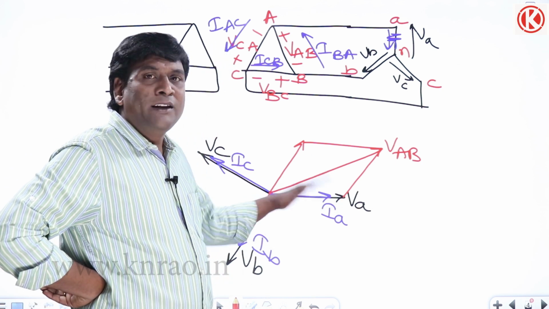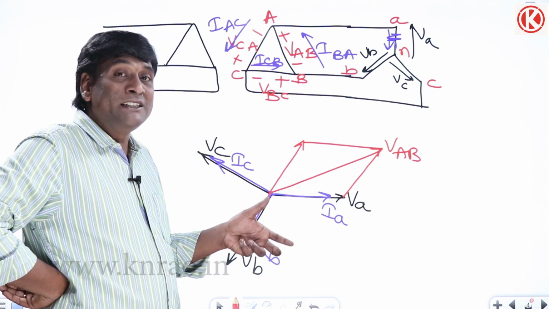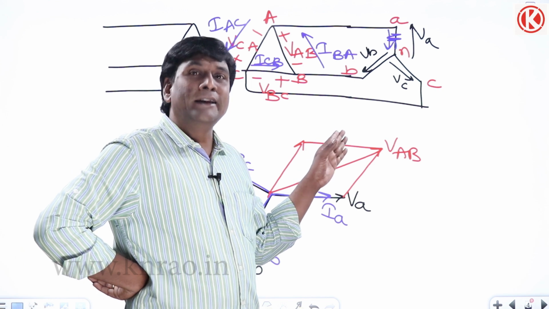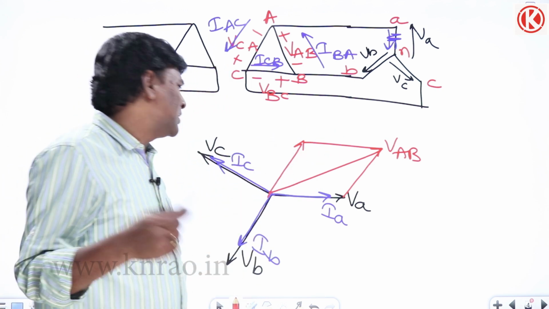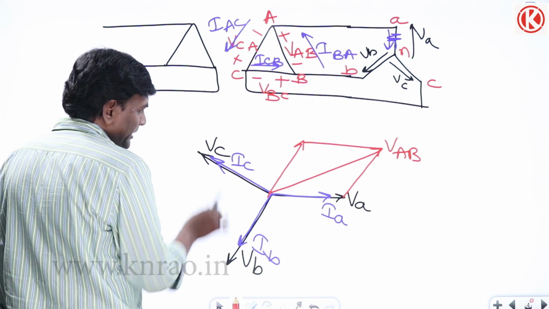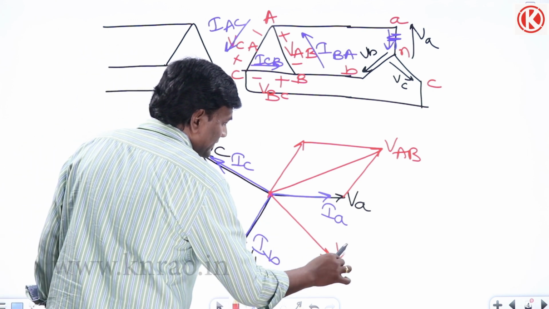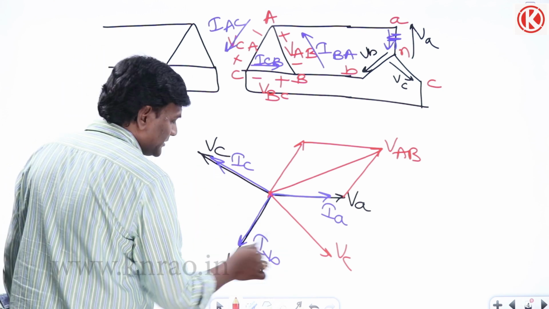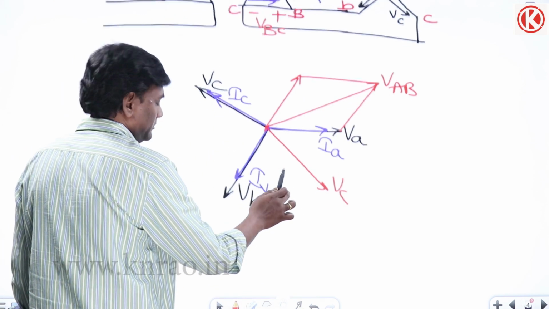So the angle between line voltage and phase voltage will be 30 degrees. In ABC phase sequence, line voltage leads. In ACB phase sequence, line voltage lags, and we have seen that. Okay, now VAB, VBC: here VB, here VC, minus VC. VB minus VC is going to be